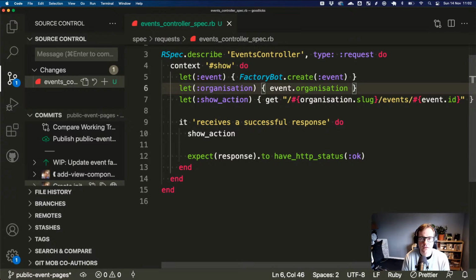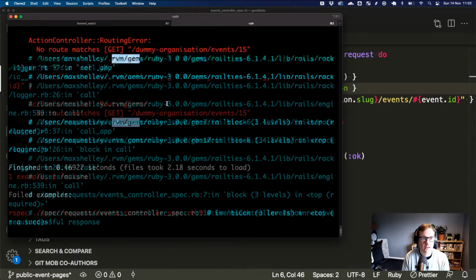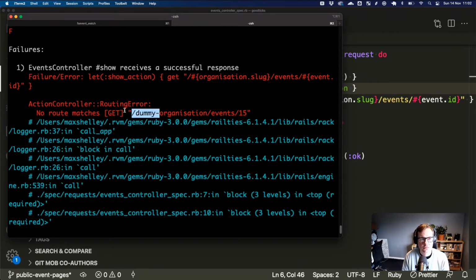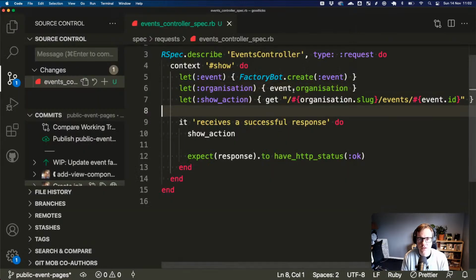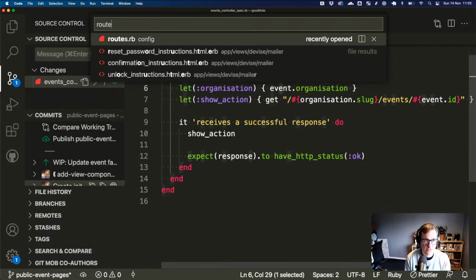That's fine. So now this is working. And the error we're getting is that we don't know what this path is. So let's go and fix that test first.